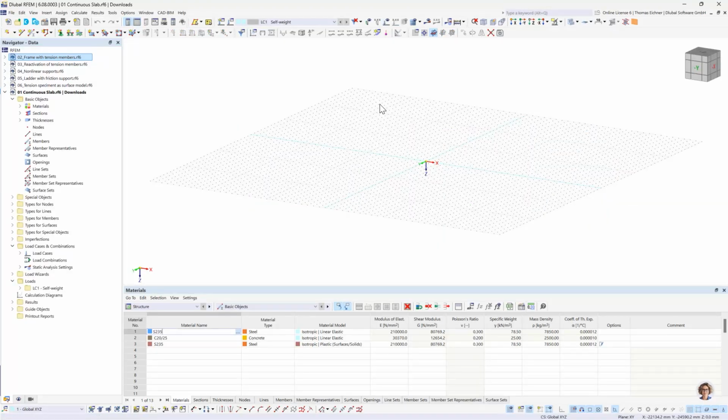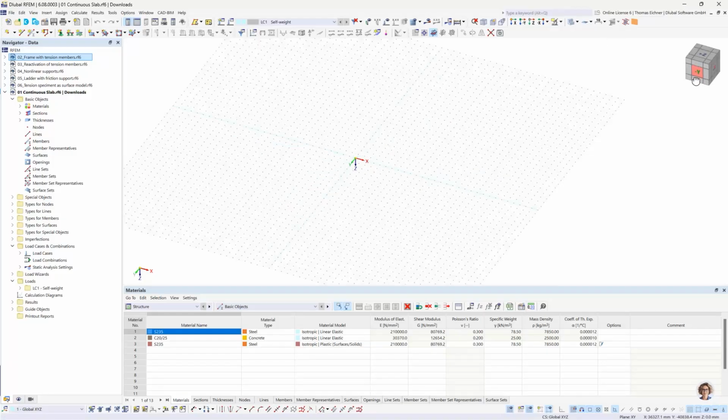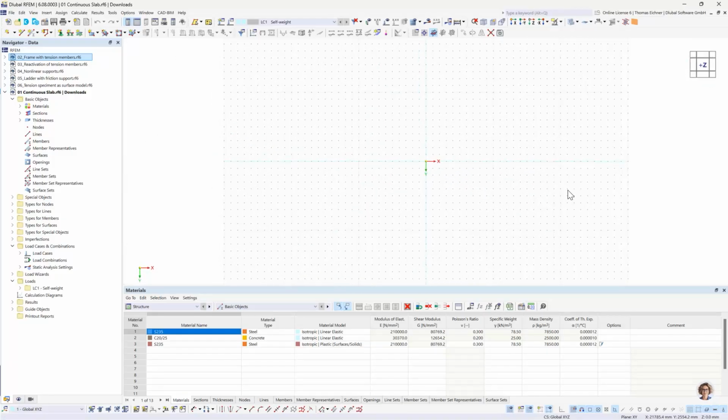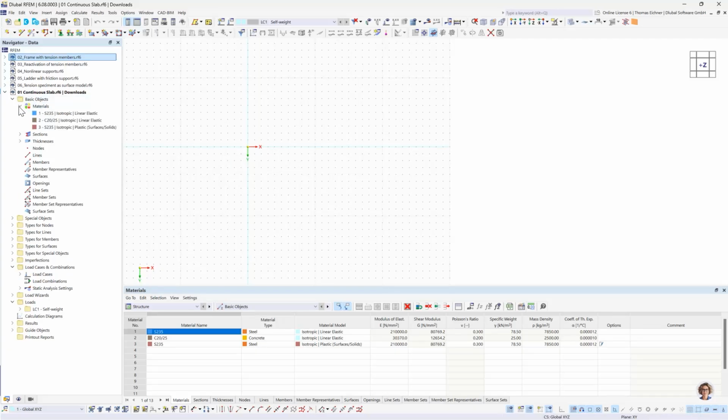There it is. So let's go with the view into the Z direction. We can go with our view cube or with those buttons here on top. That's pretty great. And there we are. So since we're gonna model together, or